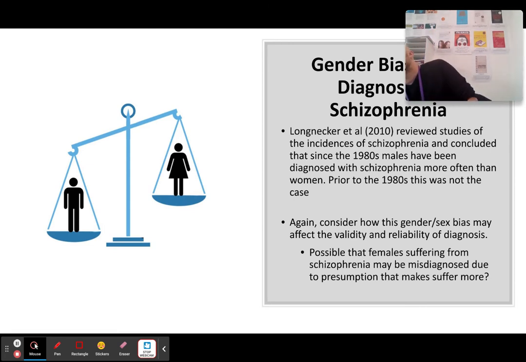So we have gender bias. Technically, it's sex bias, but we have gender bias a lot for many different behaviors. If a male were to go to the doctor and say they were feeling low and they didn't want to be with their friends or something, because we know females get depression more often and more likely than males, the doctor may think, oh, you're male, it's probably not depression, and may misdiagnose them. The same thing occurs for schizophrenia.